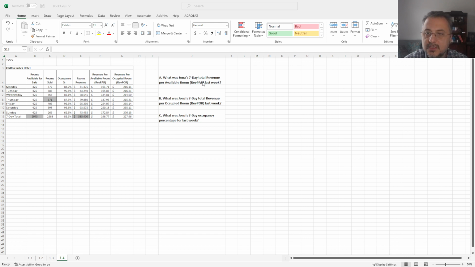So the first one is the 7-day total revenue per available room, and what am I looking at right here? So the 7-day RevPAR is 196.77, the 7-day RevPOR is 227.96, and the 7-day occupancy is